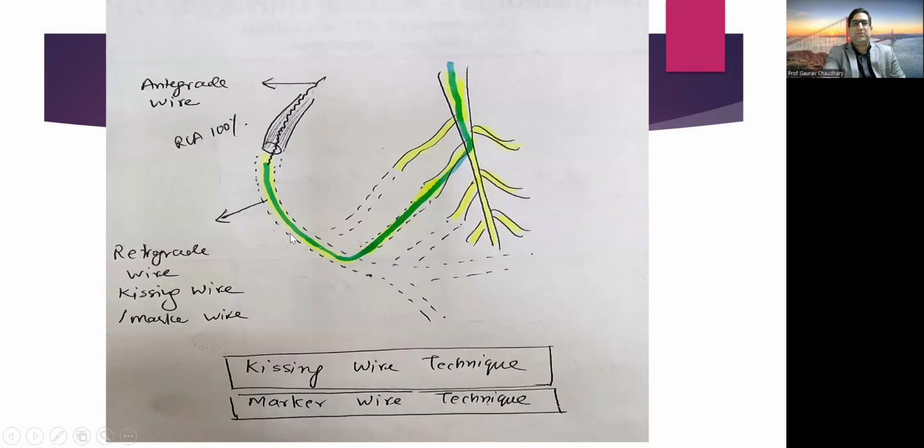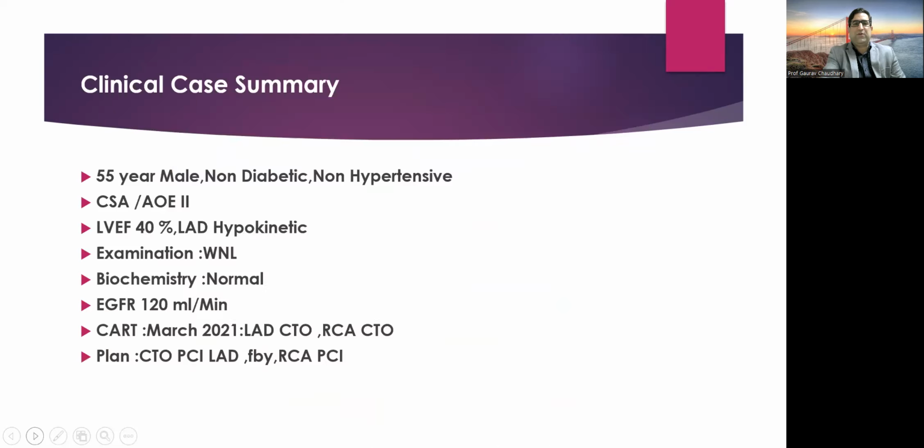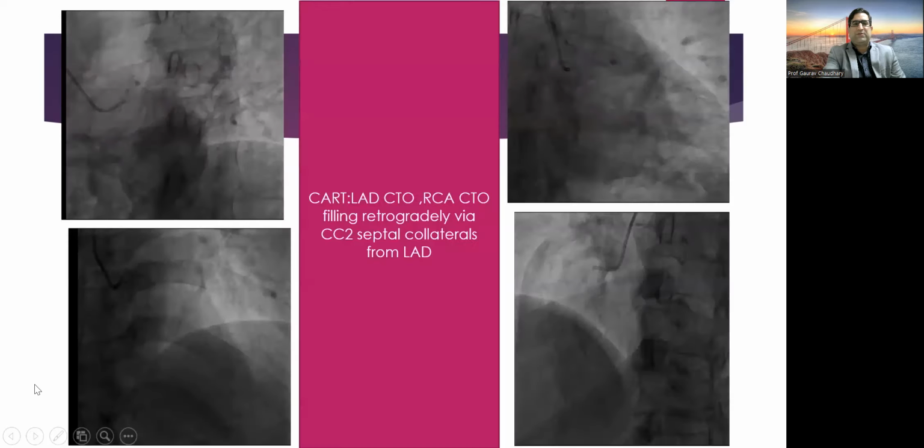So coming to the first case: if you have a 100% RCA CTO, then we can try the antegrade wire. If it is not going, and if we have good collaterals from the LAD, either septal or epicardial, then we can keep this wire, shown in green, as a distal marker to guide the entry of the antegrade wire into the distal true lumen. So coming to the case,